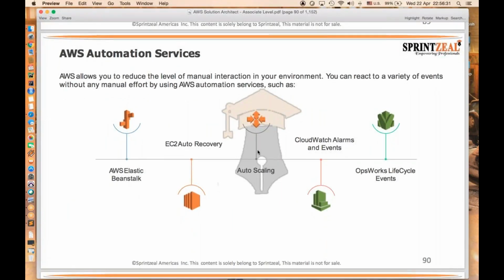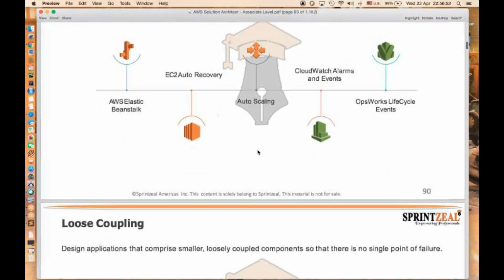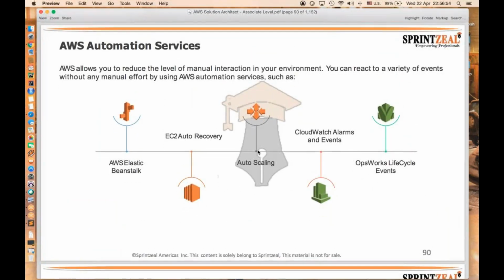And coming to the automation services given by AWS: Elastic Beanstalk, EC2 auto recovery and auto scaling, CloudWatch alarms and events, and OpsWorks lifecycle events. A couple of these services we have already discussed in the earlier slides, but we'll cover them at a high level to understand what these services do.